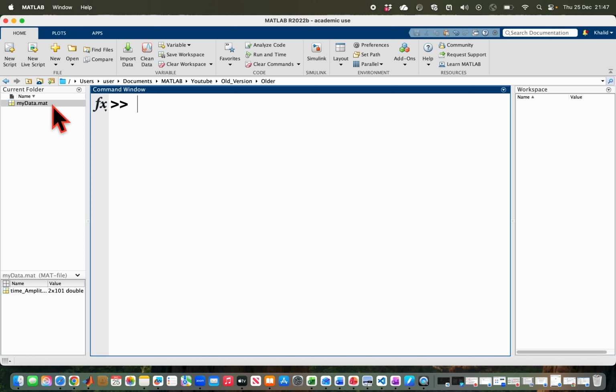In this video, we are going to see how we can transfer this MAT file into an Excel file. So the first thing is to use the load function in order to see the variable within it. So I have my data dot mat. If I load it in the workspace, I can see that I have this variable within the MAT